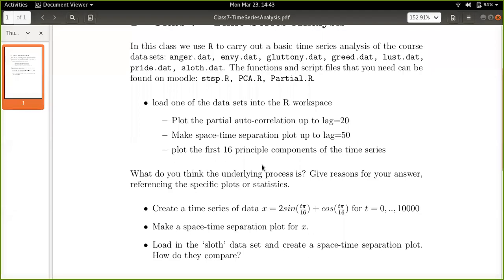Hi, so this is class 7 of SC418, where this week we'll be introducing a few more statistics for you to analyze the course data sets and also your own project data sets. So we'll take a look at the